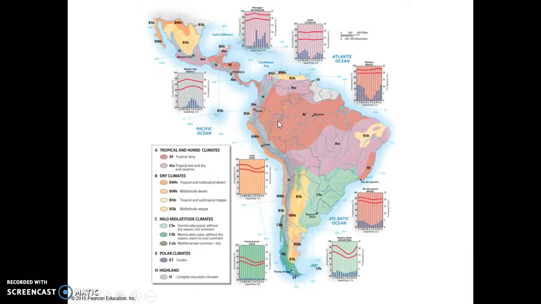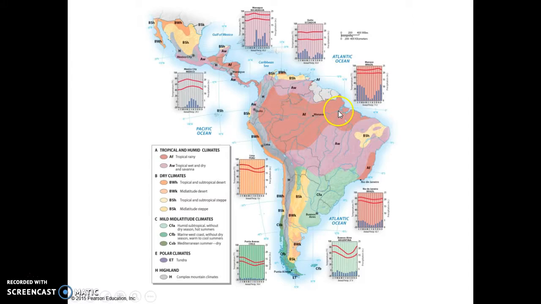Here's the climate map. Beginning again in Mexico, we notice that northern Mexico has a dry, arid climate that extends pretty far south. And then once we get to Mexico City, we see that it has a highland type of climate because it's up in the mountains. But then after that, we move into the Aw climates. Aw are tropical. They're pretty rainy, wet climates, except that they have not only a wet season, but a dry season.